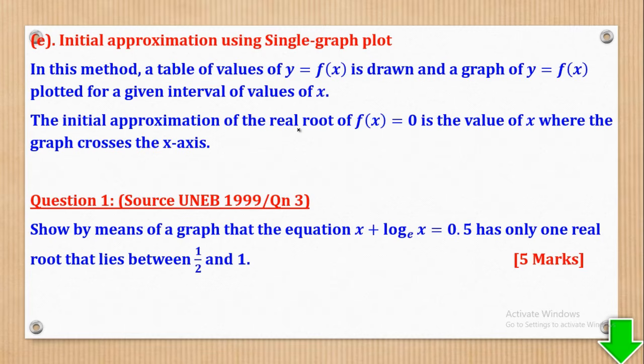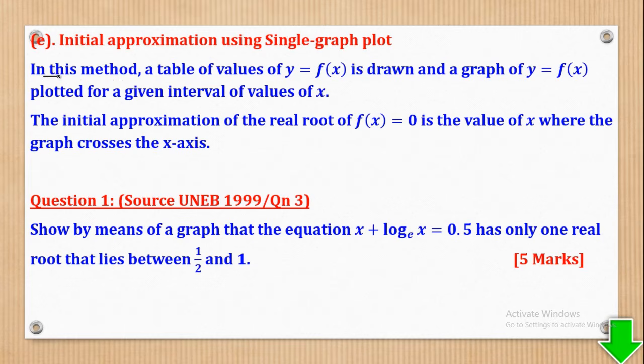And this graph is split into two, they can tell you to draw a single graph plot. Single graph plot means that you have only one function. Then two graph plot means that you have two functions. So they can specify that you use a single graph or two graphs. So when they specify that you use a single graph, how do you